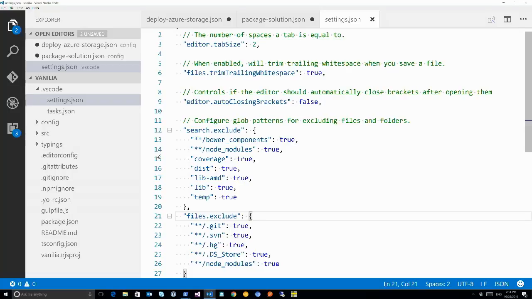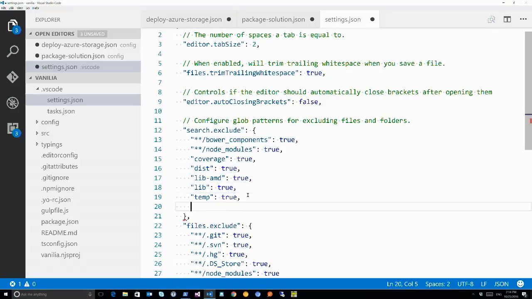That config file updated, you just see the node modules disappeared. I can do the same with the typings folder. That's useful for TypeScript. I don't need to see it in my day-to-day work, but it just tidies up a lot. One of the other things you might want to do is add a couple of entries into your search exclude here,